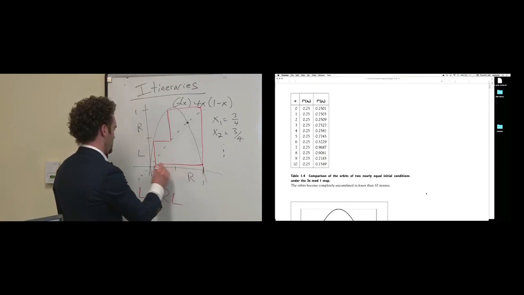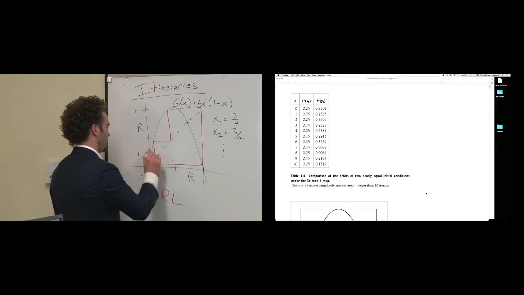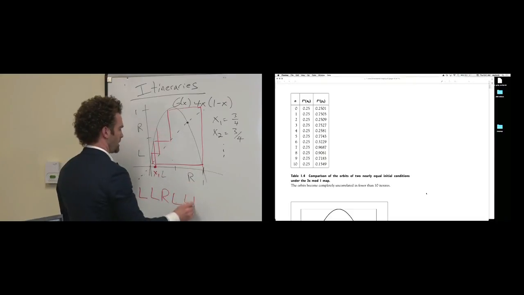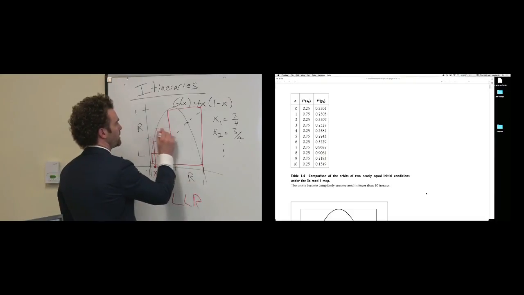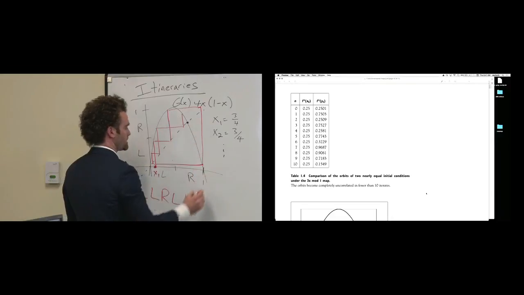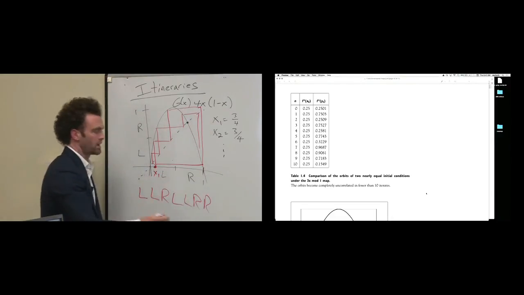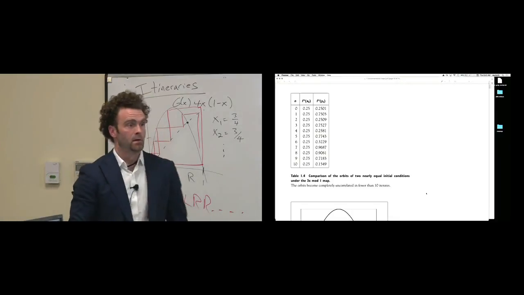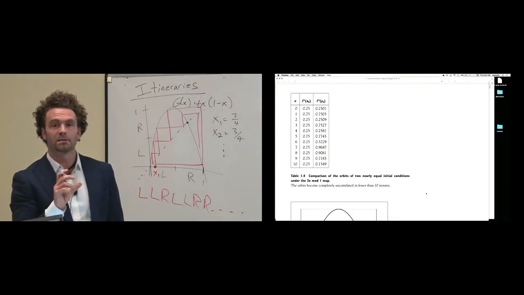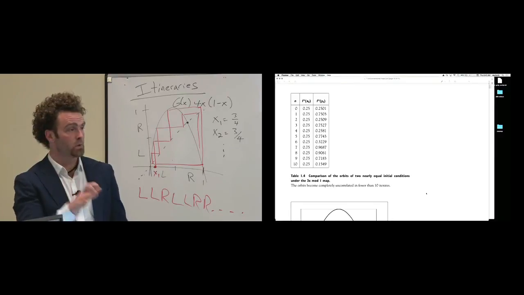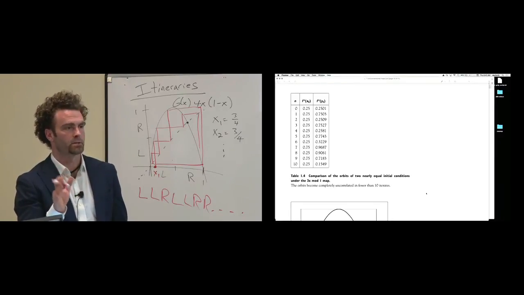Okay, headed over here. Still in L after I iterate again. Landed in R on the second trip through. Still in R. All right, so you can see what's going on here. For that point, I don't know what's going to happen, but instead of writing down its digits, which is a mess to do by hand, and a computer is great at it, we can write down these letters,